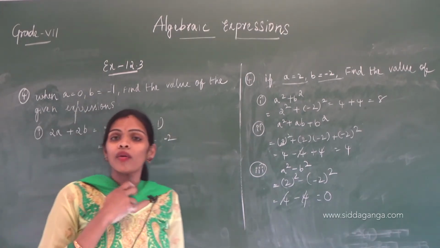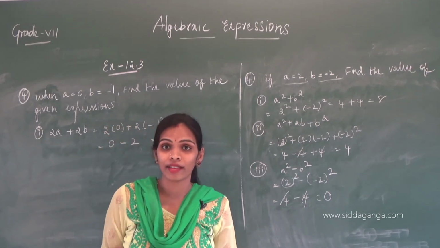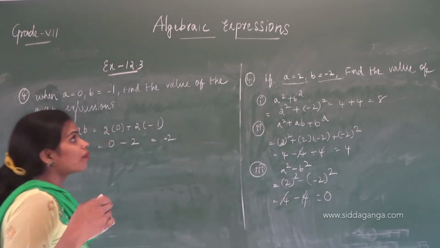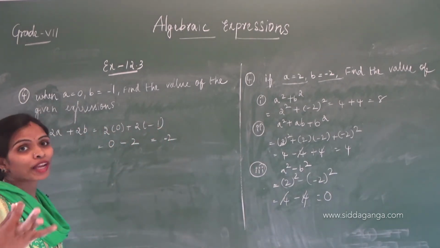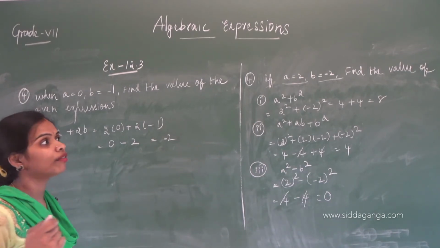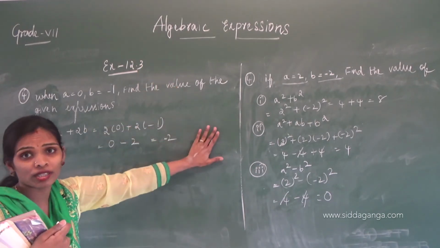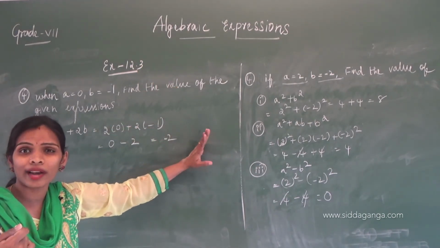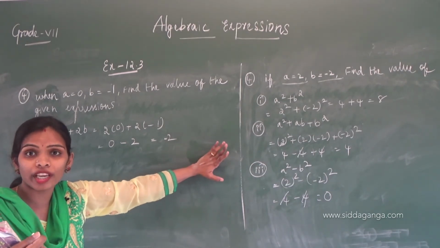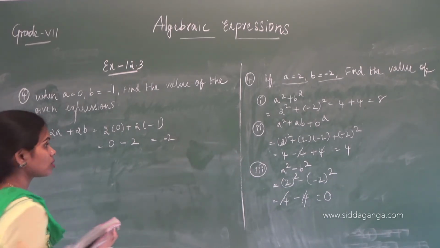In any competitive exam, Olympiad exams like that, they have you use these methods. 4 to 5 marks will be there in all competitive exams. From algebraic expressions, substitution, like terms or unlike terms, addition of like terms, addition of algebraic expressions, from all these topics you will get 4 to 5 marks.